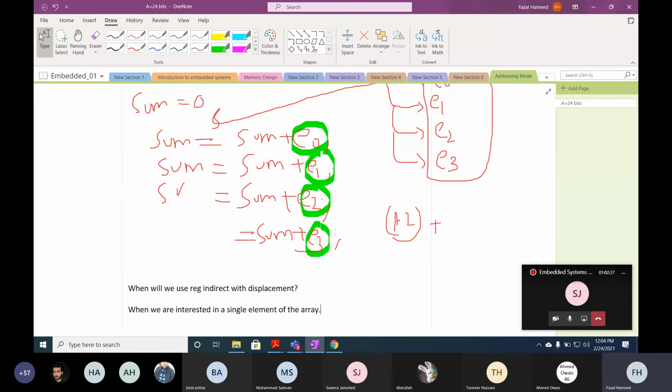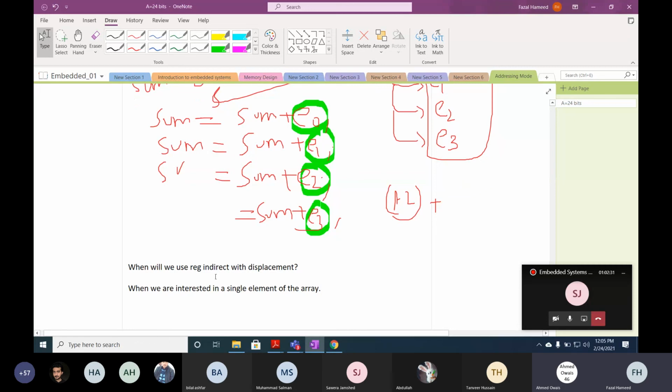For instance, if we want to access the 20th element of the array, how will you use it?